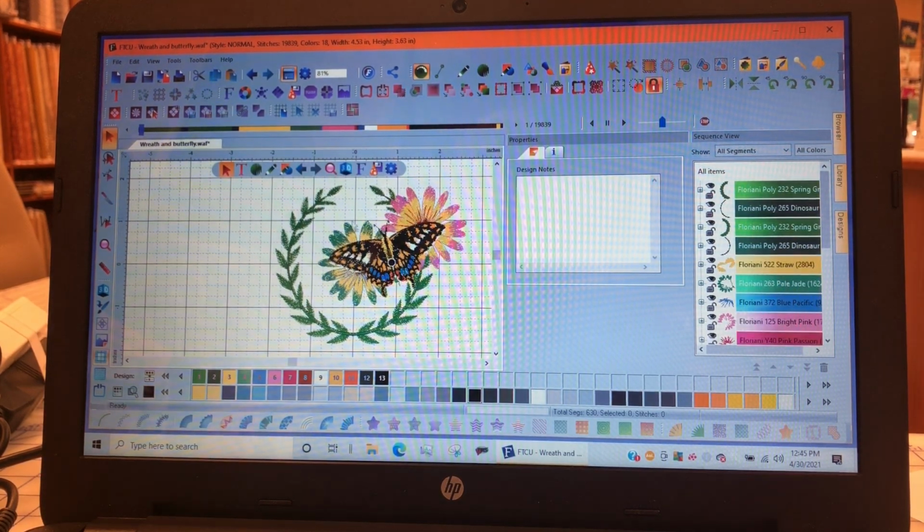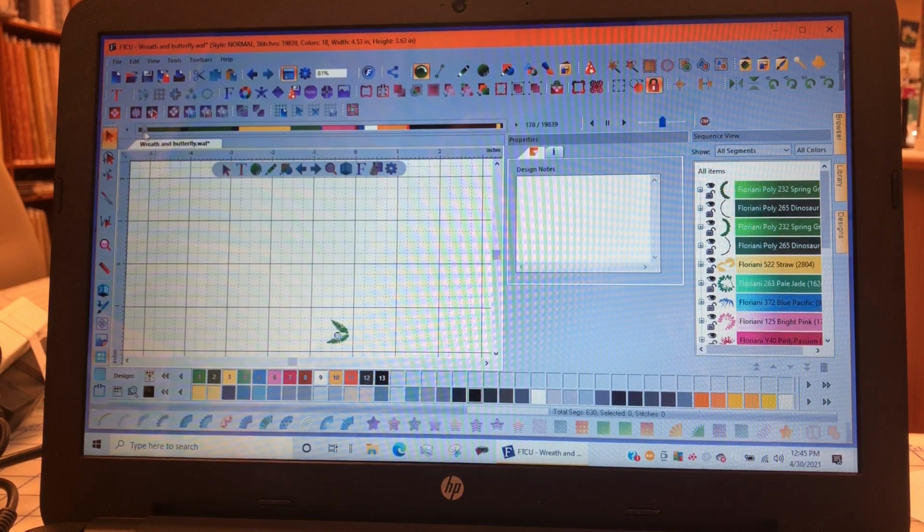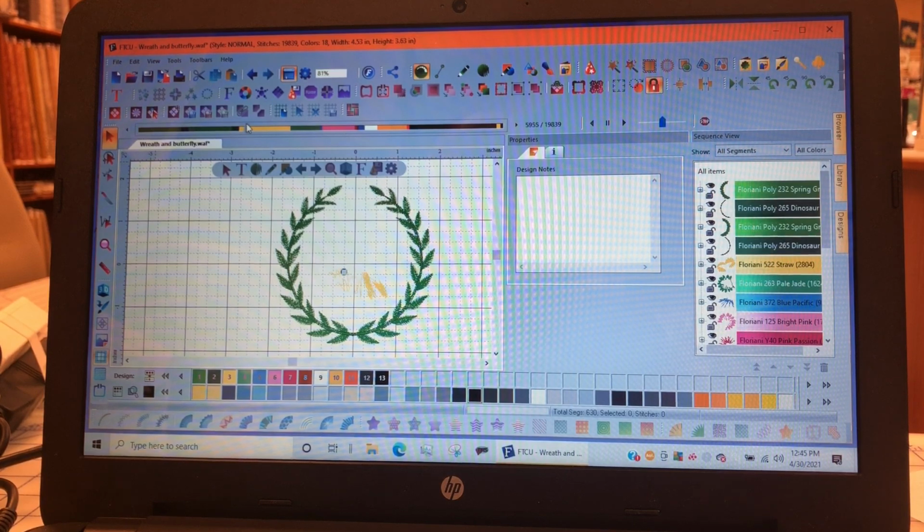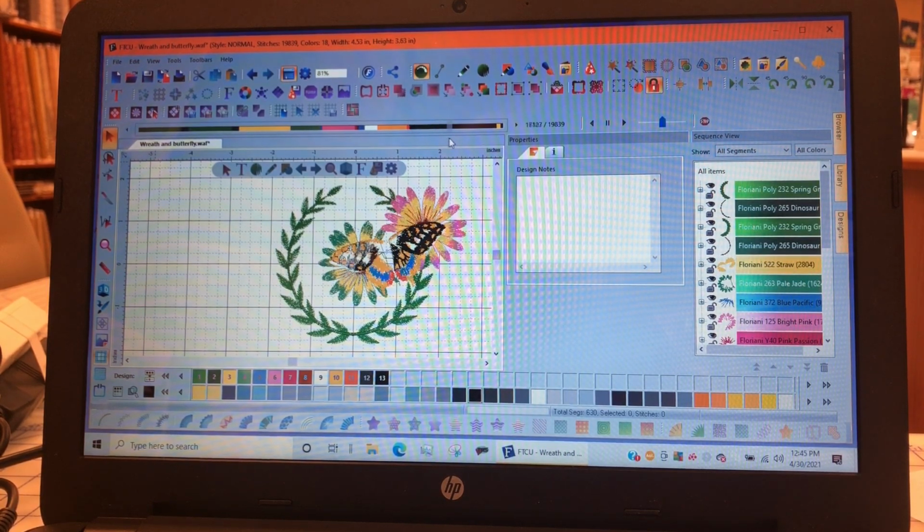So we've got the butterfly overlapping the wreath, and if I show you how it sews out, it's going to sew out everything, even that full stitch count underneath the flowers and the butterfly. The goal today is to erase those stitches, or delete those stitches, that are underneath this area here so it won't be so dense. And the way Trevor showed us how to do it was we are going to select that part of the wreath, which is right here,